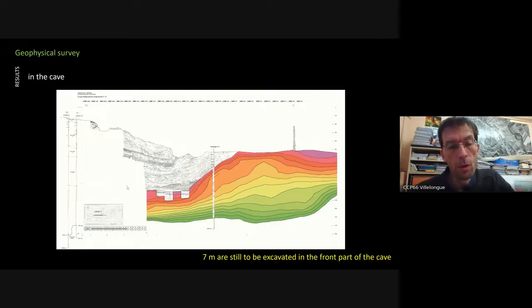In the cave, with the corings and with radar and seismic refraction, it has been evidenced that 7 meters, more or less, 6 to 8 meters, are still to be excavated in the front part of the cave, which is the aim of the programmed excavations, in order to reach the oldest layers in the cave. So on the left are the 11 meters excavated, and in color, the representation of what is planned to be excavated in the next decades. So the next slide is presenting